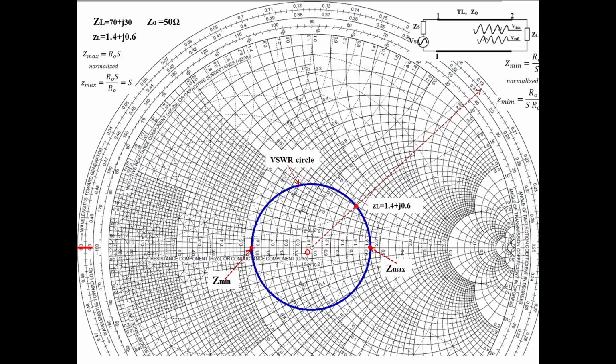As I said, at voltage maxima there is a maximum impedance, and all other values are lesser than that maximum value. So if you move like this, wherever you find maximum impedance, you stop. That we cannot do here on the transmission line. But here you can see, from the load you move like this. Whenever you intersect the horizontal line on the right side, you stop. The load may be anywhere, it may be here or anywhere. You move like this. Whenever it intersects the right side, you stop.